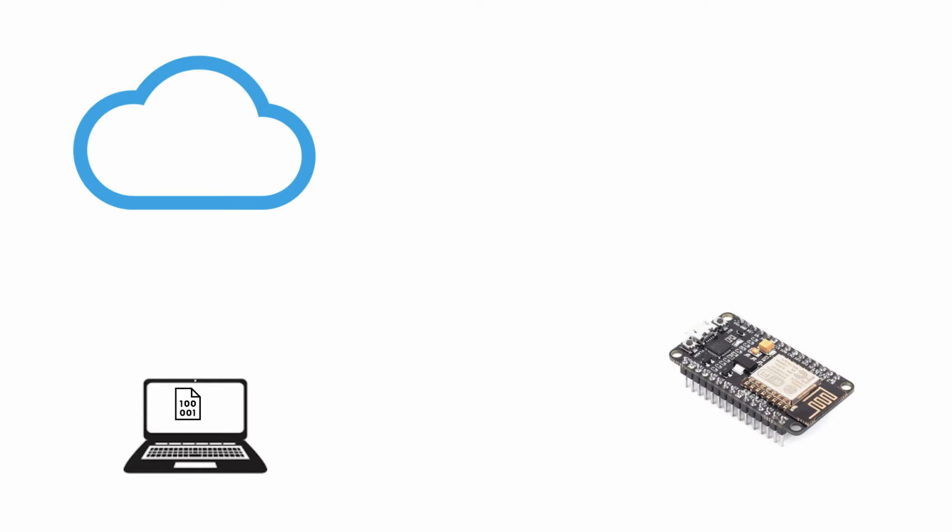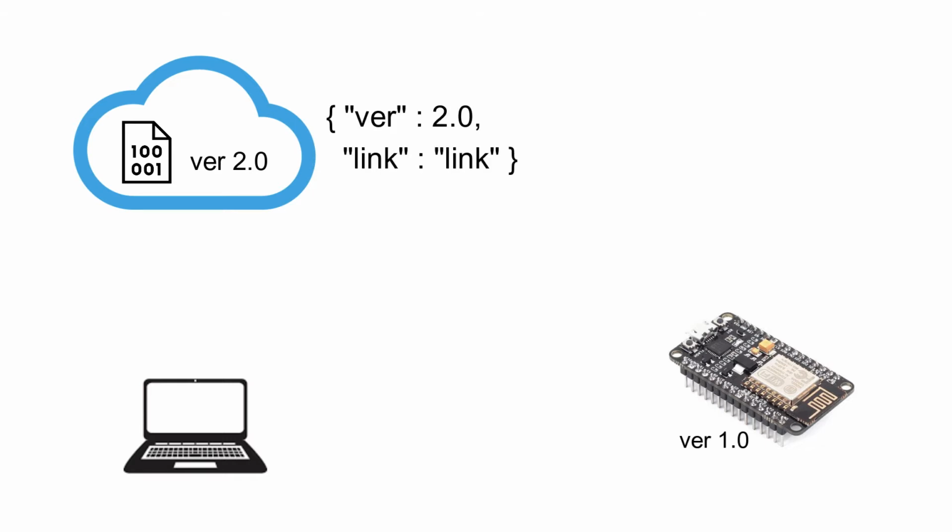The process of OTA updates is really easy. We will upload a file of the compiled code on our website. Then the HTTP update library on the ESP will download the code and our ESP will install it. But we will add one more step to control the version number of the code. In each code we will define a version number like 0.1, 0.2, 1.1, etc. Then we will create a JSON file on our website which will consist of the latest version and a link to that version. It will be like that.